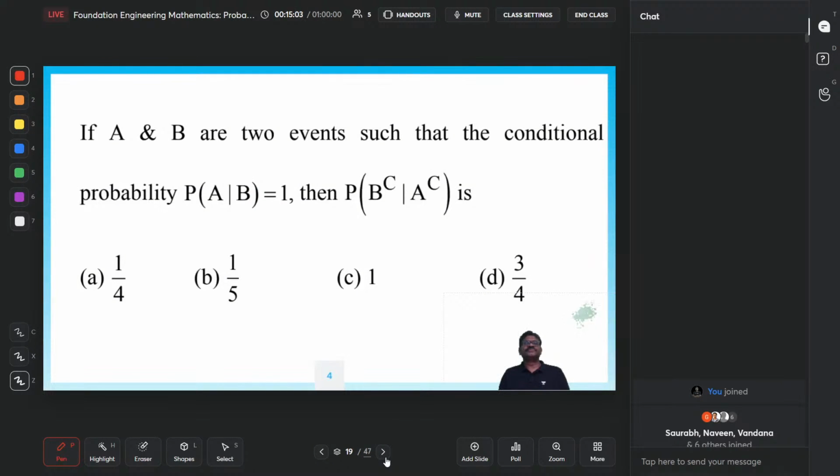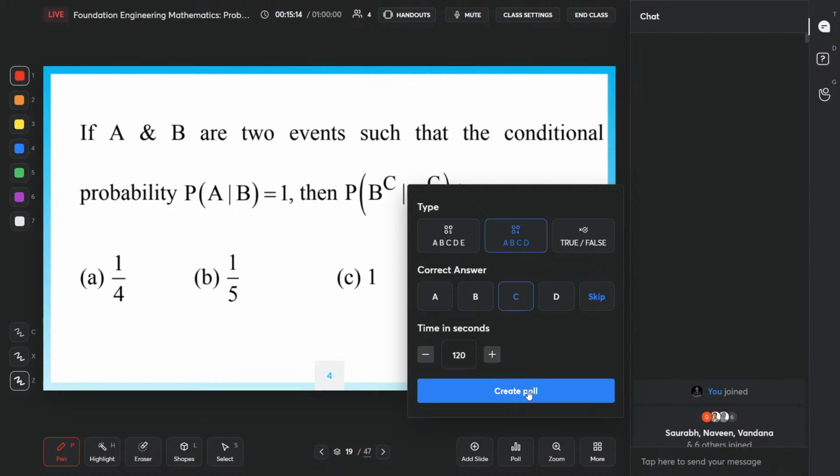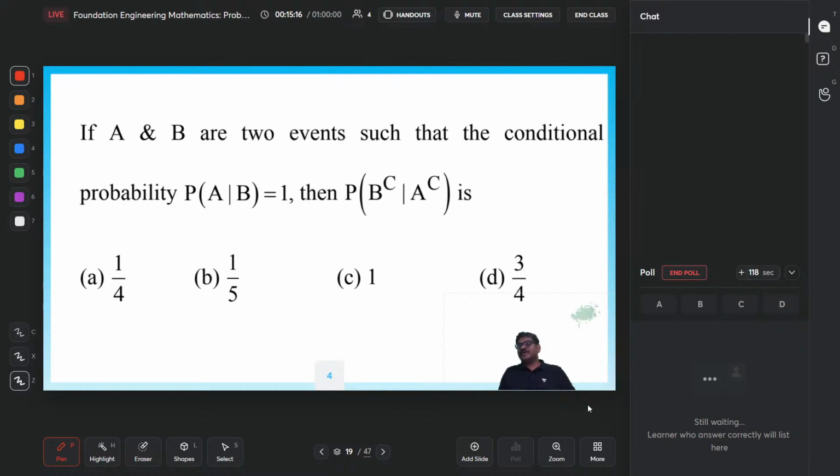Next problem. If A and B are two events such that the conditional probability of A given B equals 1, then the probability of B complement given A complement is